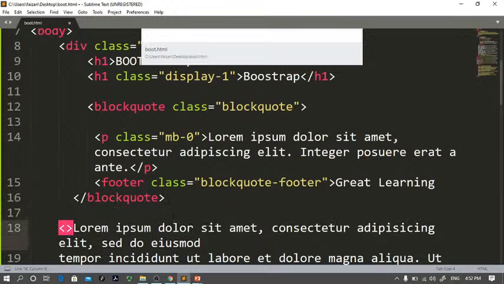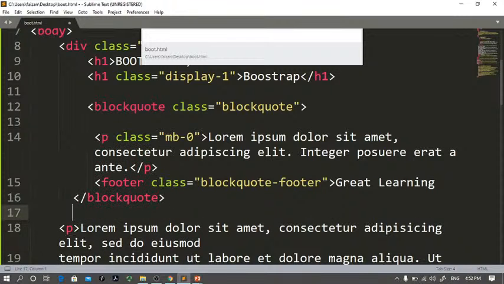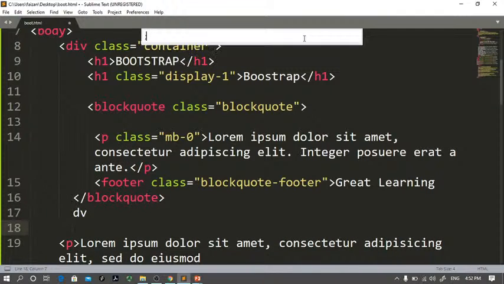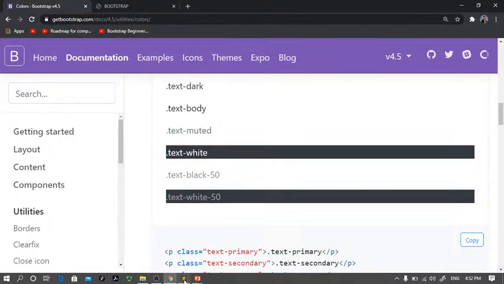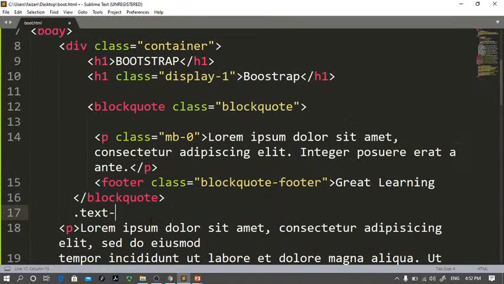So you just write p in here, and then you write dot text from the color. So you just have to write text hyphen dark, and press tab. It will give you